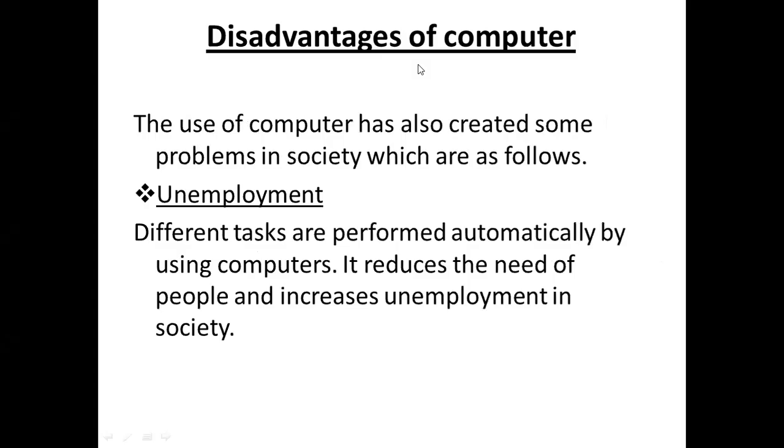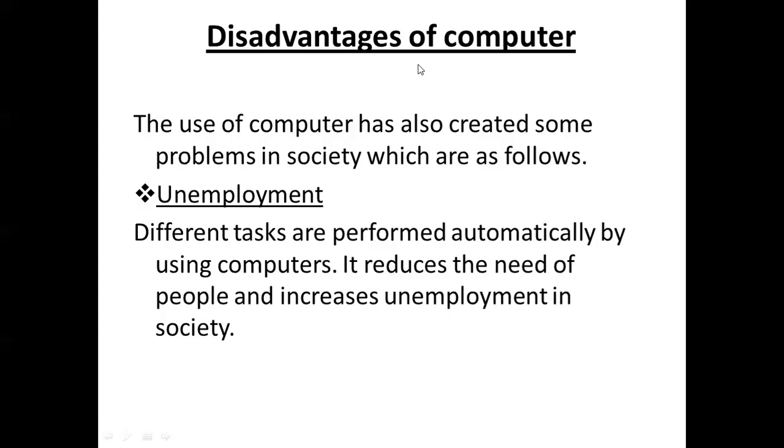As we know that everything has two faces. One is advantages and second is disadvantages. If computer is giving us lots of benefits and advantages, it means it has some drawbacks or disadvantages also. The first disadvantage or weakness or drawback of using computer is a very common and serious issue, that is unemployment. If one task is done by 10 people, it means 10 people are doing the job, 10 people are working for one task. Now that one task is done by a single computer, it means it will take back the job of 10 people. It means it gives birth to unemployment.